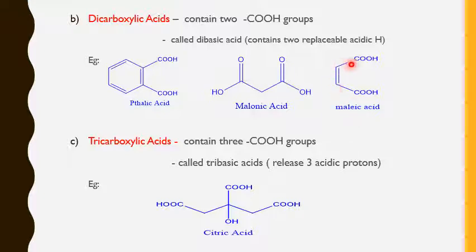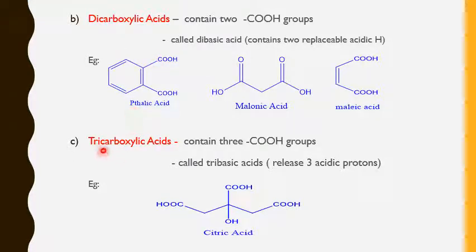So here also, the two COOH groups are distributed over two carbons, where the two carbons of the hydrocarbon have unsaturation. As I said earlier, we just need to count the number of COOH. Here we have 2 COOH, 2 COOH, 2 COOH. So all these examples come under dicarboxylic acid, irrespective of the nature of the hydrocarbon group to which they are bonded, or the place of the hydrocarbon to which they are bonded. Whether they are bonded to the same carbon or different carbons, it does not matter when we classify under dicarboxylic acid.